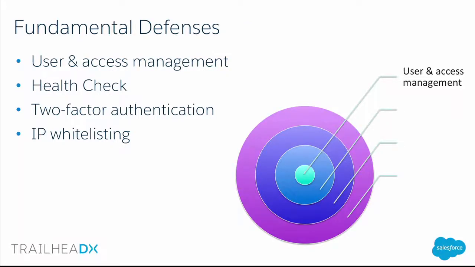Okay, so we're done with user and access management. On the right-hand side of the screen, you see we are starting to build out our layers of defense. At the core, we have user and access management. So far, we've locked down our user accounts. We've made sure that only legitimate users have access to the org. And even for those legitimate users, they only have access to data they need and not more than that. Okay? So now